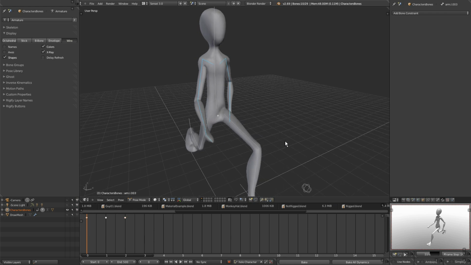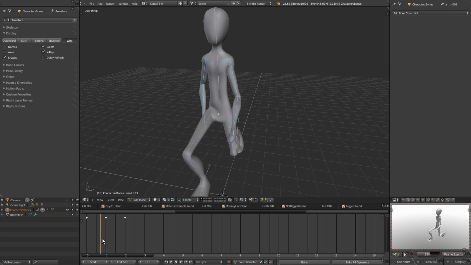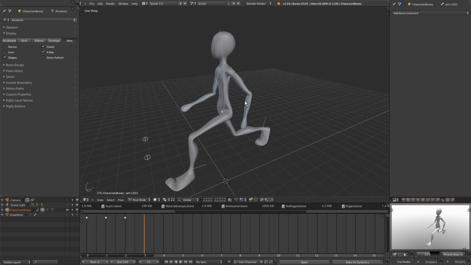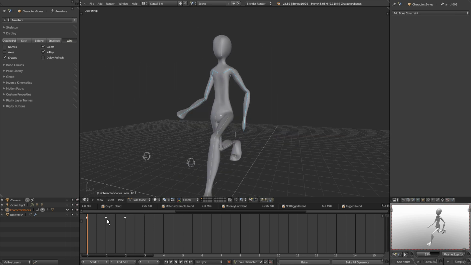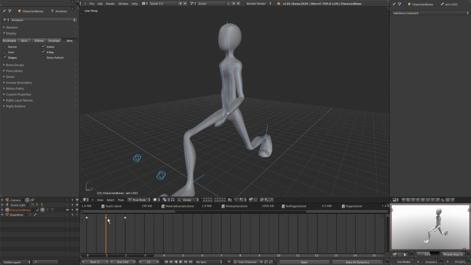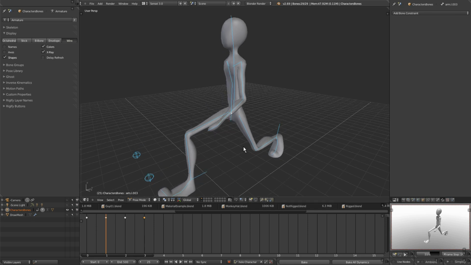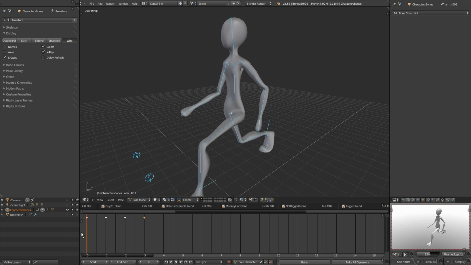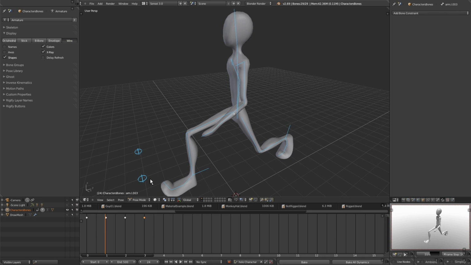So one quick thing to note is that even though we are able to pose our character however we want and then hit F or I to insert a keyframe for it, if we want to copy and paste these keyframes and say I want exactly this pose here put over where the 3 is because I want it to basically do the same thing that's happening here, when we're working with the keyframes, we still have to come in here and hit A to select all the bones. It will select all the keyframes for each of these bones, and then we'll hit D to duplicate that and set that over there. So we only have to hit A to select all the bones to copy the pose when we're working with the specific keyframes, but while we're animating it up in the 3D view, shouldn't be a